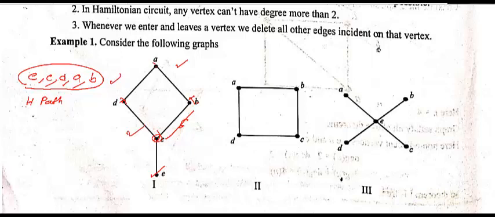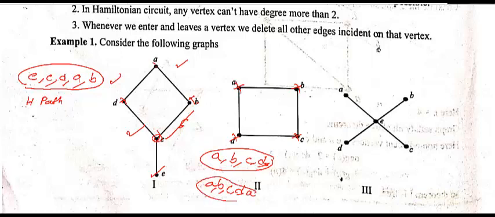Now here you can start from A. We start with A, then B, then C, then D. Done. Things are okay. Correct? Here path and circuit are the same. A, B, C, D. This is the Hamiltonian path. Now A, B, C, D and again A. This is the Hamiltonian circuit. Now here neither a circuit exists nor a path exists, because you are visiting again and again. Very much clear from the figure.